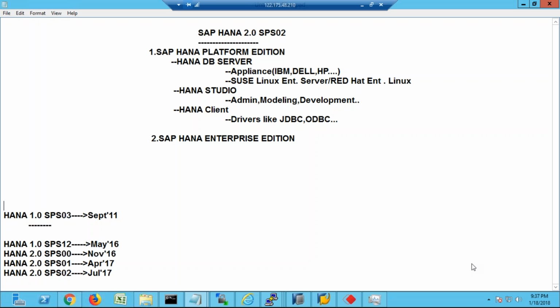Okay, let us continue on our discussion on this licensing concept. So yesterday we started off our discussion on that basic platform edition. As we discussed, the platform edition's most basic core component is the database server, a HANA database server,